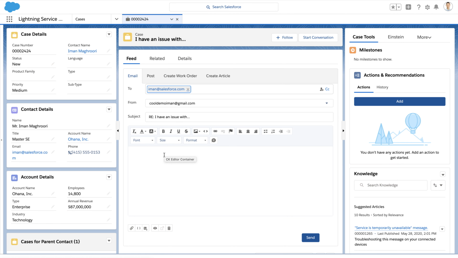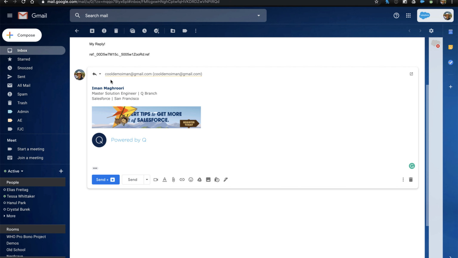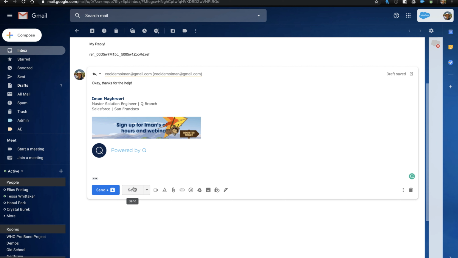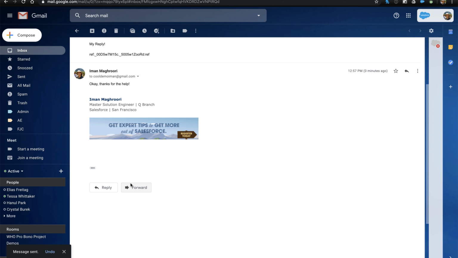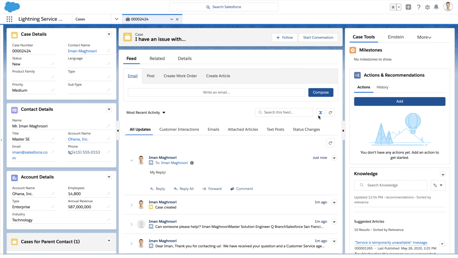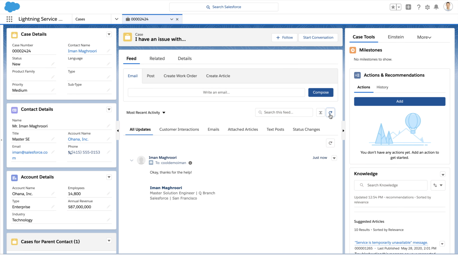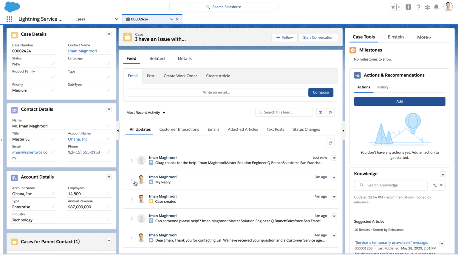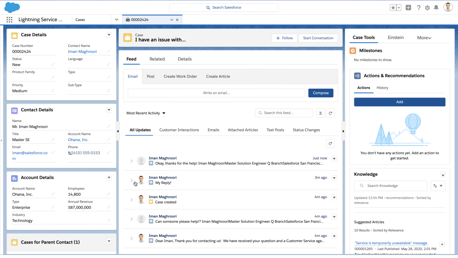Your agents can send emails from your support at address, and your customers can receive those emails and just reply. And when they do, that little thread ID, that little reference code we talked about, will automatically be embedded in that email chain. When Salesforce gets an email and it sees that reference code, it knows to append that email to the existing case rather than create a brand new case every time the customer sends you an email.